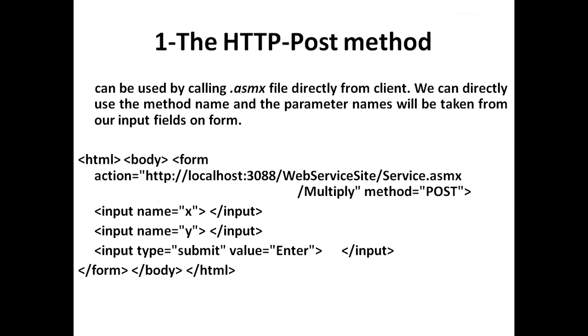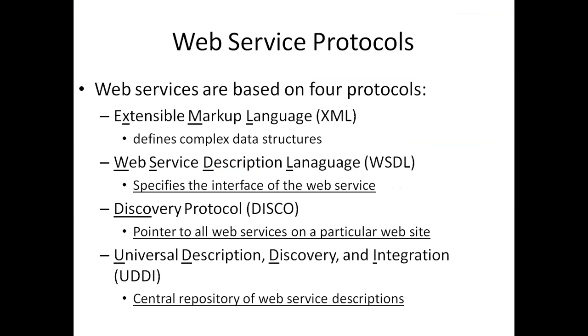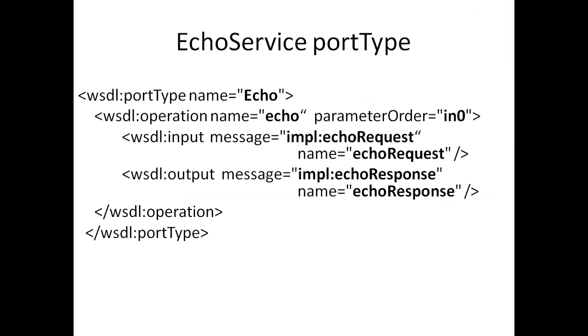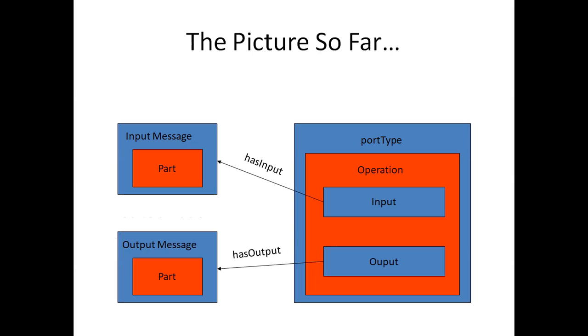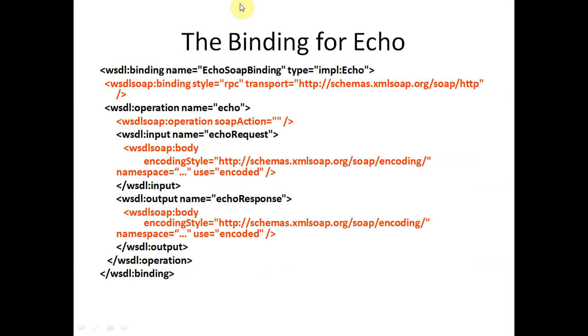So accordingly, while we are writing this class, the WSDL program will be generated like that. The echo service port type program is related to the input message as well as the output message. So we have input and output, two operations. In the port type we have to mention input as well as output. So this is the program, and we can bind it also.